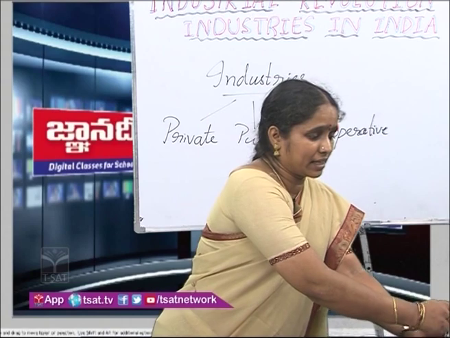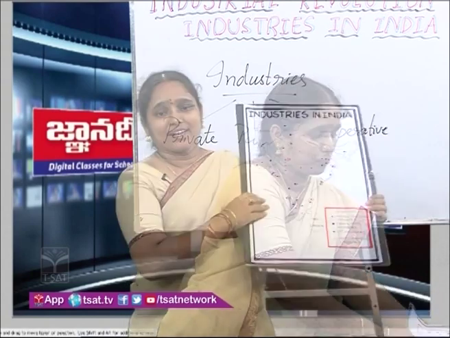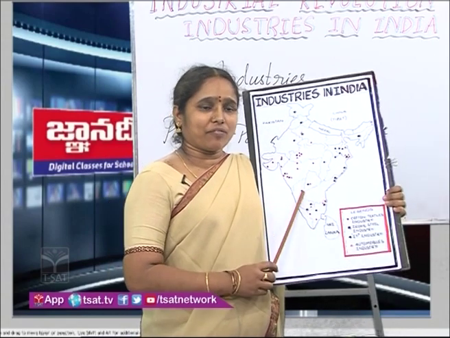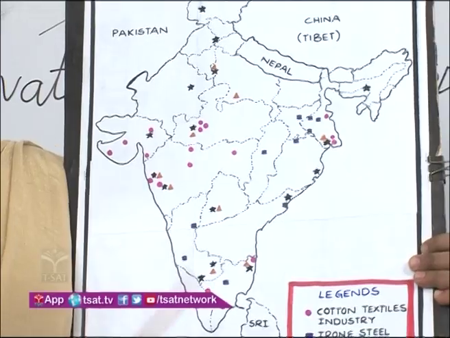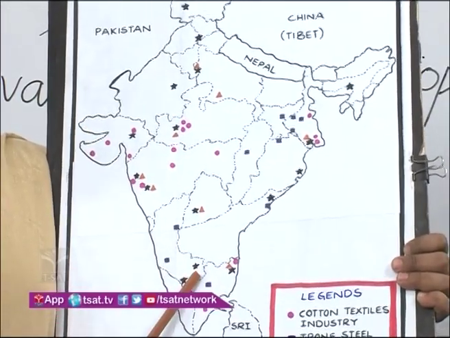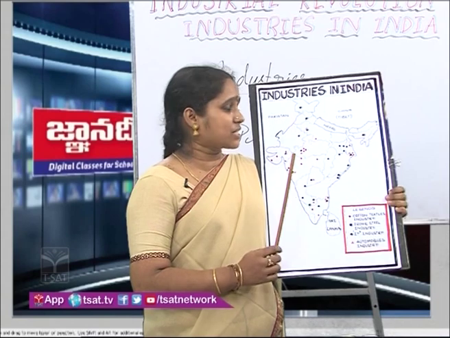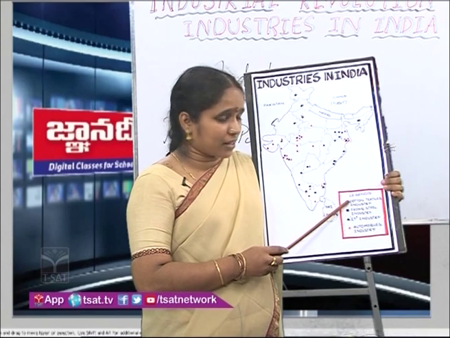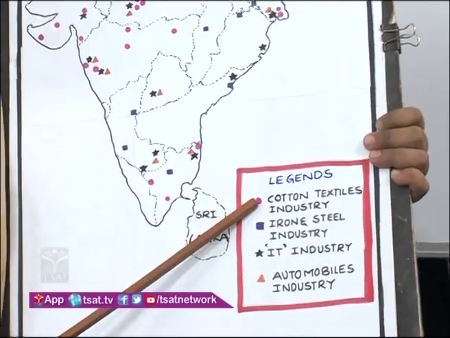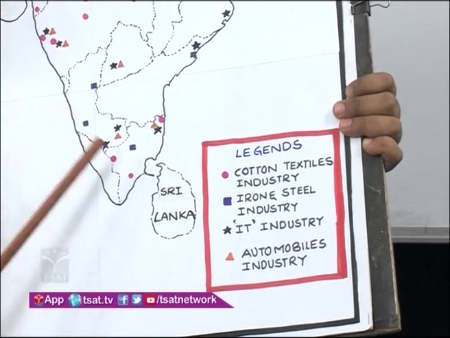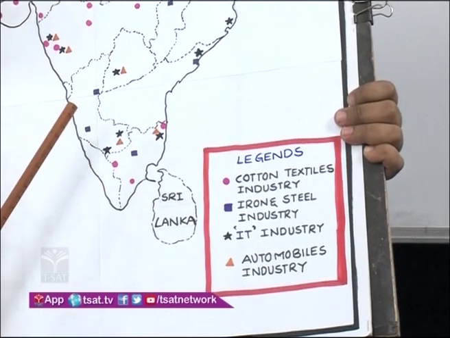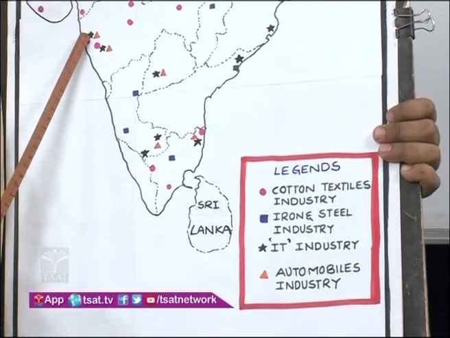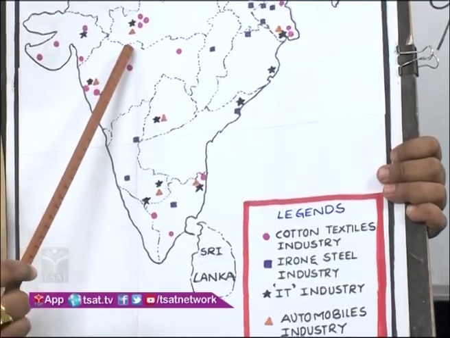Let's have a look at them on a map. Here I don't want to mention the names of the places. We will look at the map from a different angle, a different dimension. As we were discussing, availability of raw material is the most important factor in establishing an industry. Let us see, the pink circle here stands for cotton textiles. Let's see where they are located. Try to recollect the map of black soils where cotton was grown. So 1, 2, 3, 4. Wherever the black soil tracts were, cotton